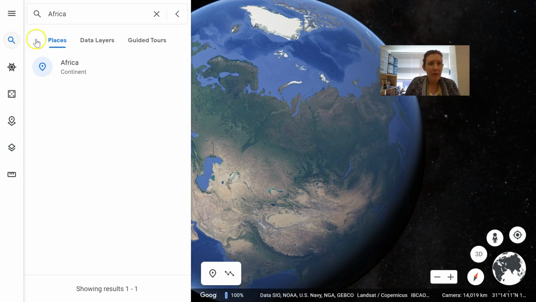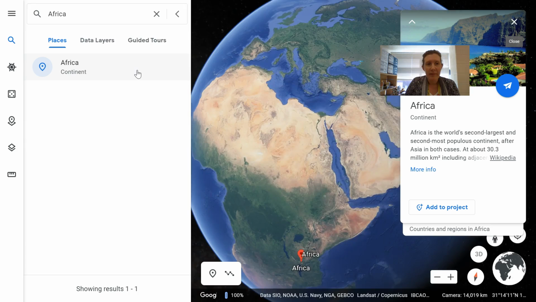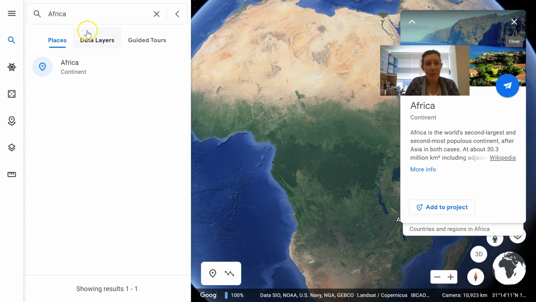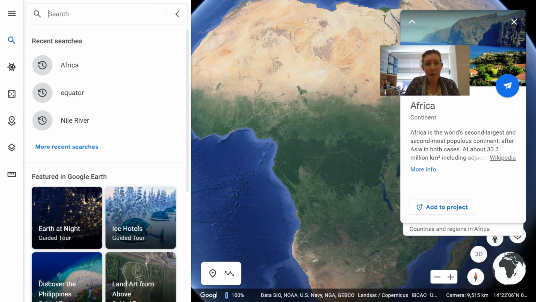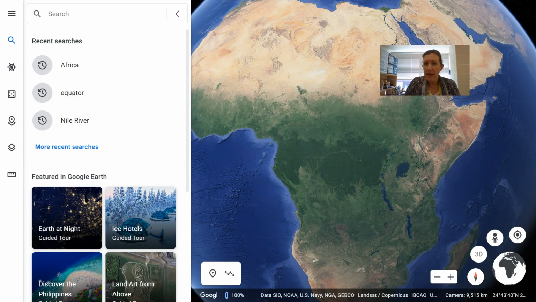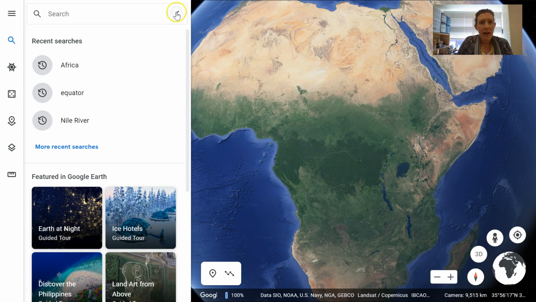Just like we went and searched for Africa, we can search for places on Google Earth and it'll zoom in there as well. And we can see what it looks like. Happy exploring with Google Earth and Google Maps. One more thing about Google Earth is you need to use Google Chrome, the internet browser, in order to use Google Earth. Okay, so ask a parent to help you or just have fun exploring with your teachers and with me as